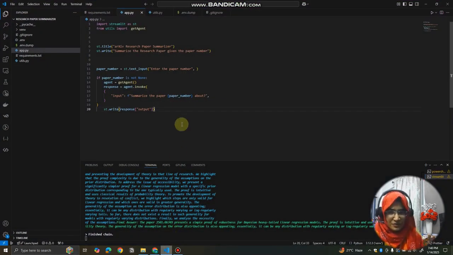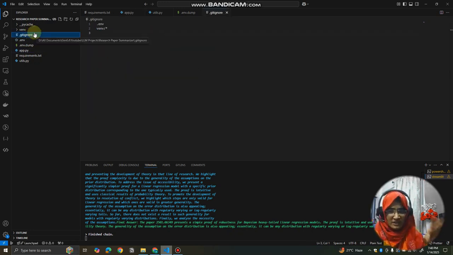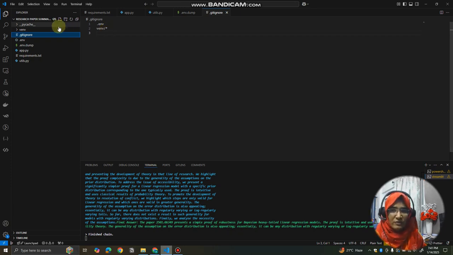This is the application that we created. You know that you have to create three files before creating any application: requirements.txt, .env file, and .gitignore file. These three files you must create. The .gitignore file will help you ignore some files in your directory so that you will not have any kind of issue. For example, we have an API key file and we don't want to make it public, and you should not make it public, okay? So for that, we want to ignore that file, and we are using .gitignore. In .gitignore, we write just the file name, and Git will ignore that file completely. Git can even ignore a folder, like for example a virtual environment folder; it can ignore it completely.